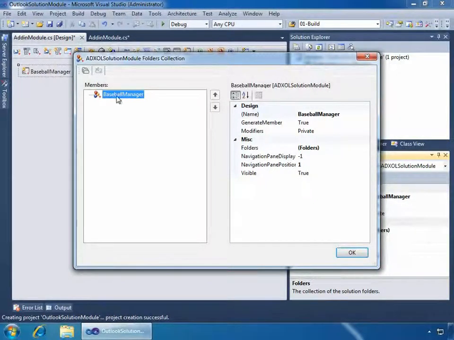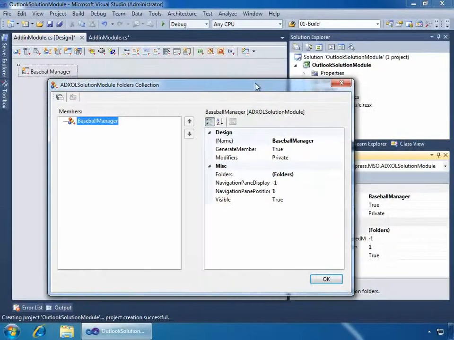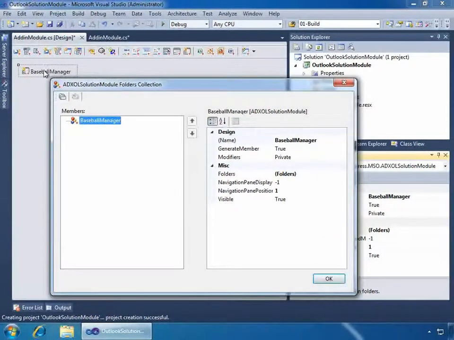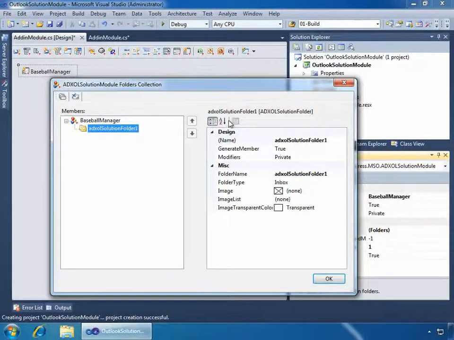So I will start by selecting the Baseball Manager item here, which is the ADX OL Solution module that we see just above it in the add-in module. And here on the menu, I can click the Add Folder button to add a new folder, and we'll see that this is an ADX OL Solution Folder object with the name of ADX OL Solution Folder 1, and I'll change its name as well to Baseball Manager,